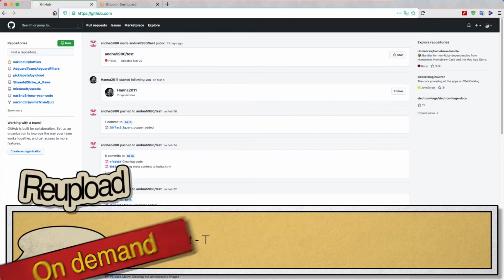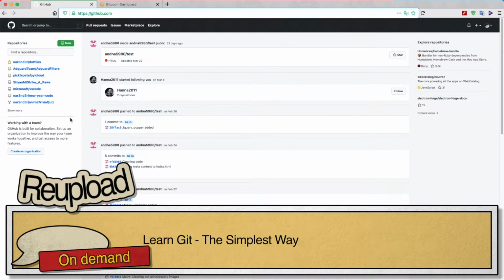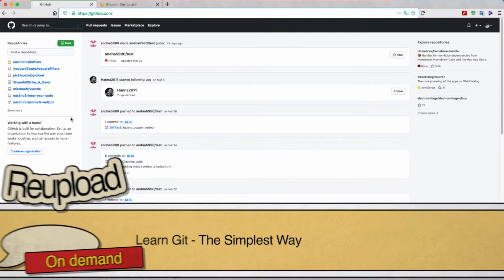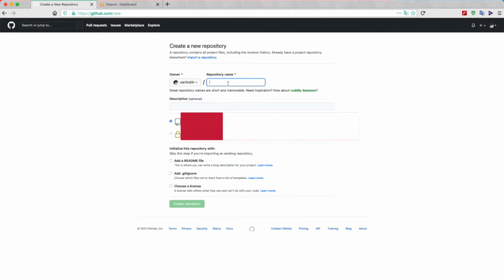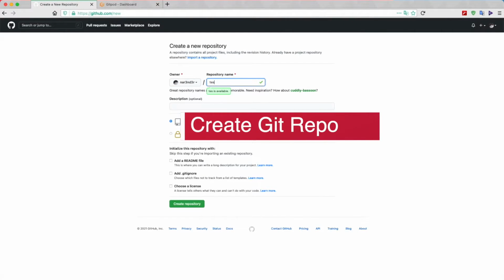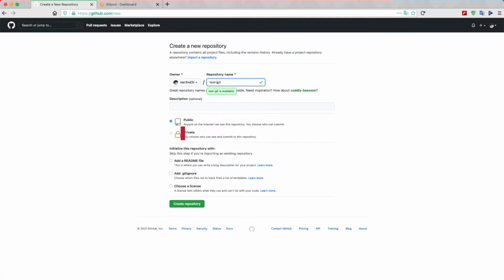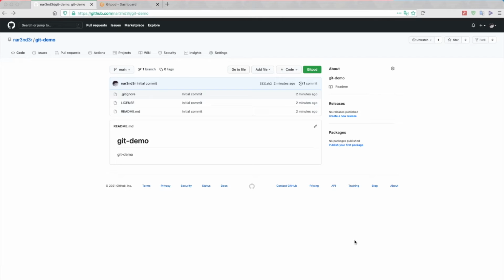Okay, so let's go ahead and start with the new fresh wrapper. So I'm going to go in here. I'm going to click on this new button, which will take me to this new page. I'm going to do a test. Let me call it test get, or maybe actually we should call it demo get. Or maybe get demo or something like that. That'll be more suitable. So now that we have Git repo created, the next thing we want to do is